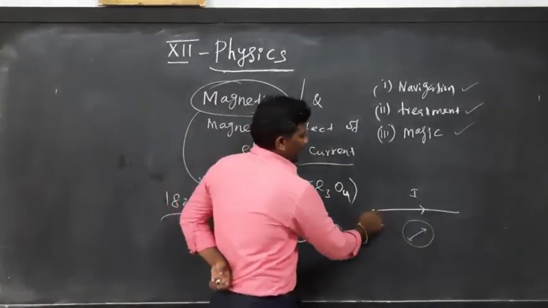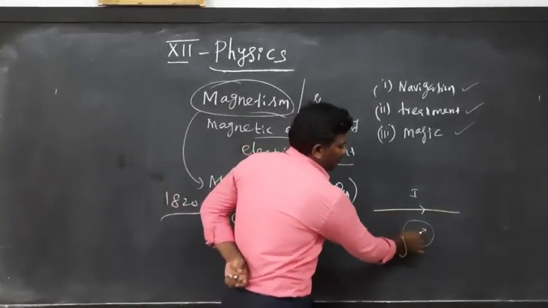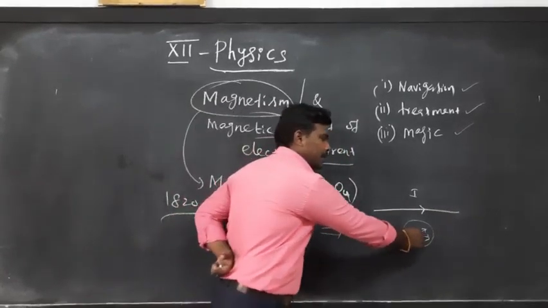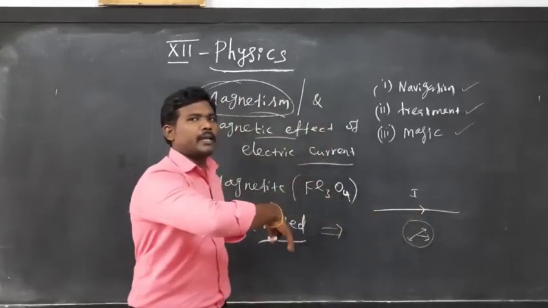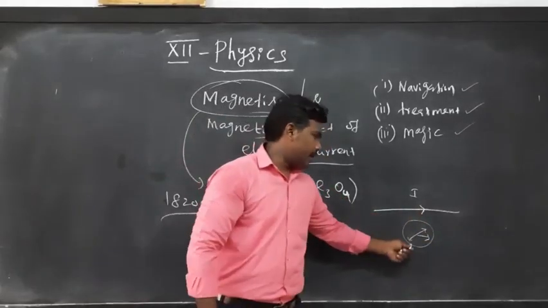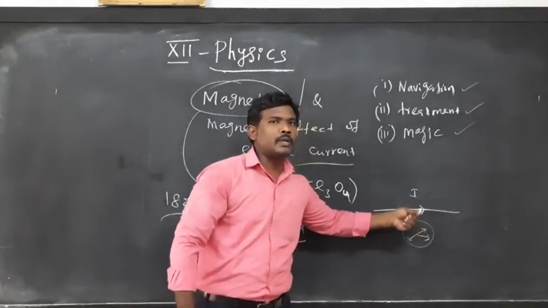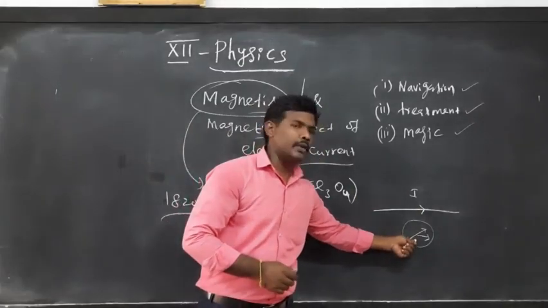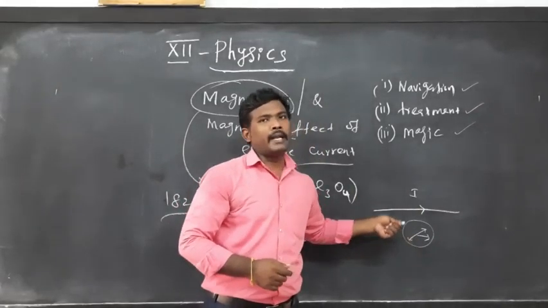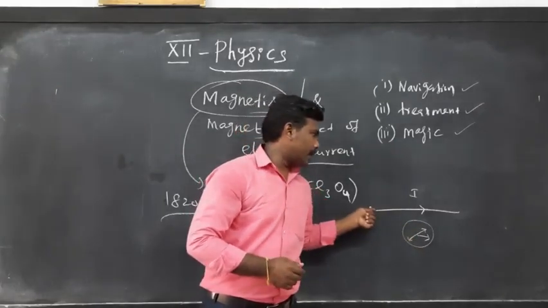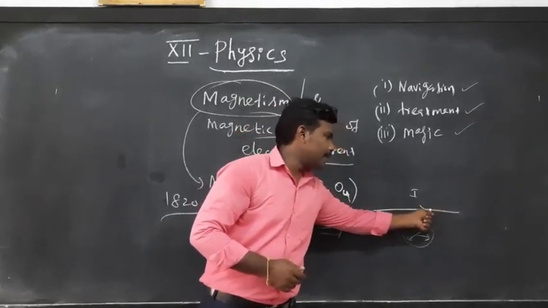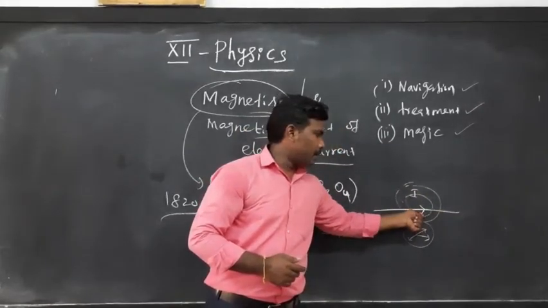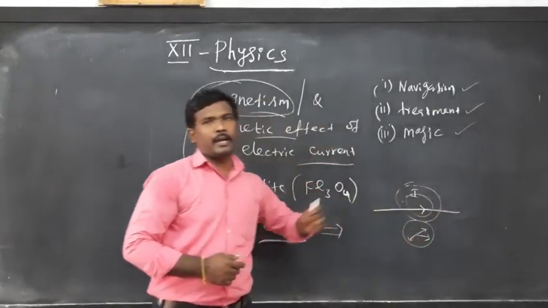Okay, now if the current is passing through the wire, some deflection is produced in the needle of the compass. It may be to the right hand side or to the left hand side. That deflection is due to the magnetic field. The needle in the magnetic compass is deflected due to the magnetic induction or the magnetic field. So when the current is passing through the wire, it is definitely associated with a magnetic field. That magnetic field produces the deflection in the needle of the magnetic compass.